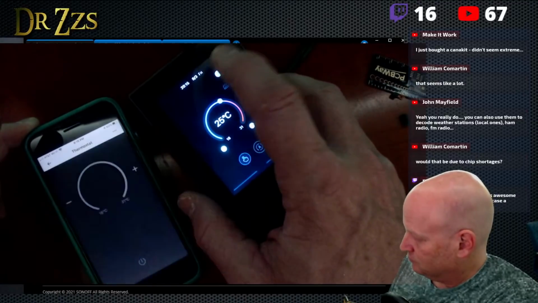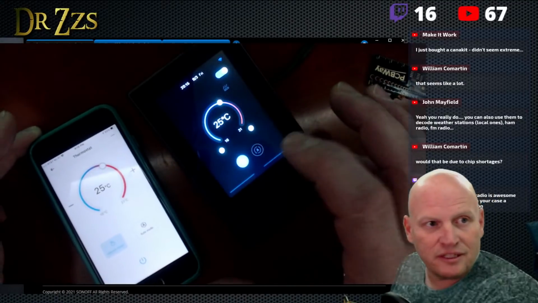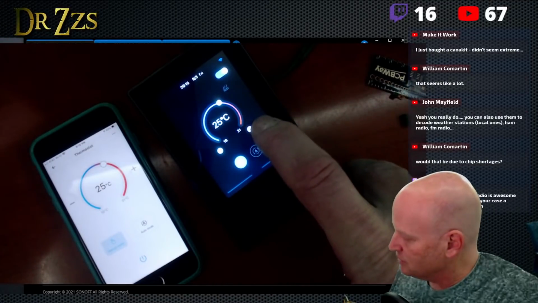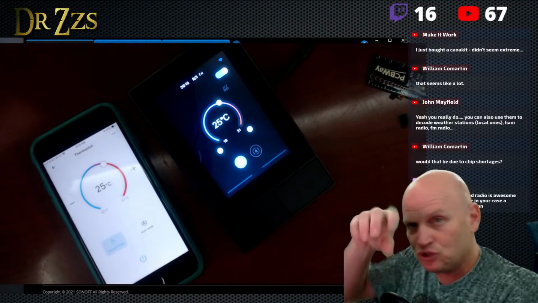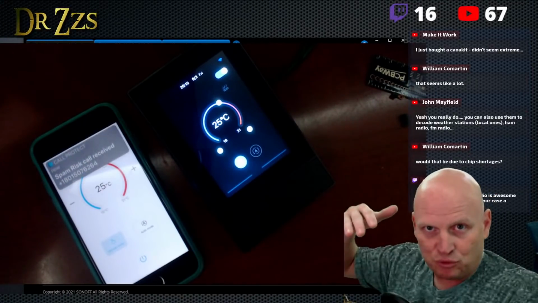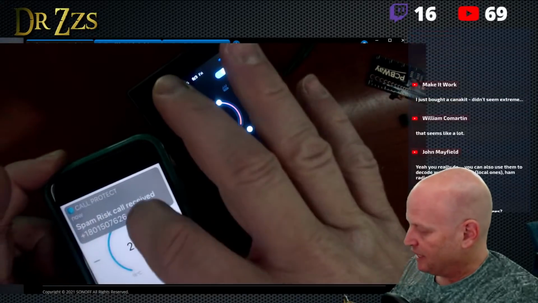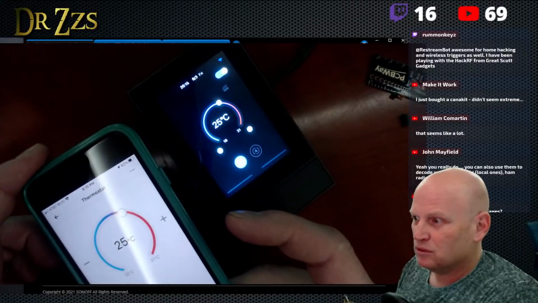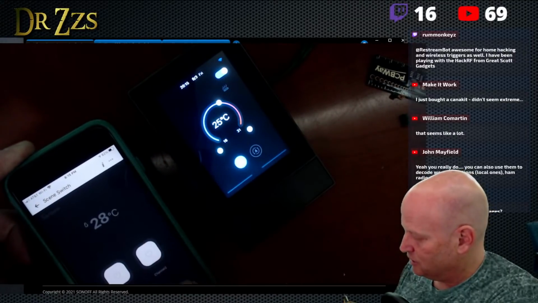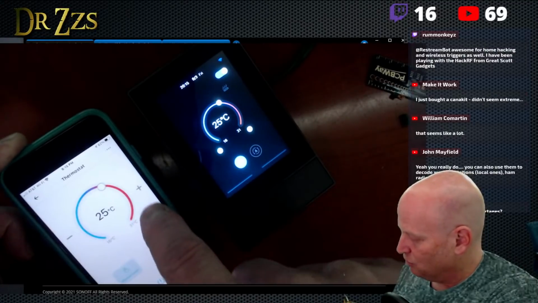So I mean, you connect this to, you basically tell this... That's actually kind of cool. So you tell this thing which relay, which switch, whether it's in this thing or somewhere else remote, is controlling your heater. When you set the thermostat, you set whether it's a heater or a cooler.